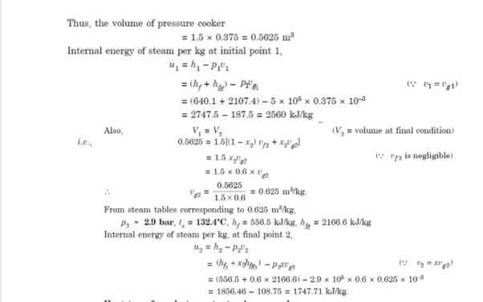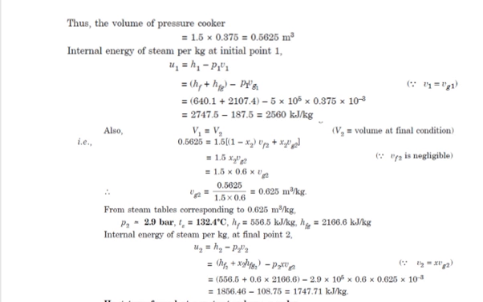Then you have to determine the internal energy of steam per kg at the initial state. U1: h = u + pv, so u = h1 − p1v1. This is the internal energy formula. Then h1 means hf + x hfg. Here x is 1, dry steam, therefore x is absent: hf + hfg − p1 × vg1. Put the values of hf and hfg and the values of p1 and vg1, and you will get 2560 kJ per kg. This energy is nothing but the internal energy of steam.